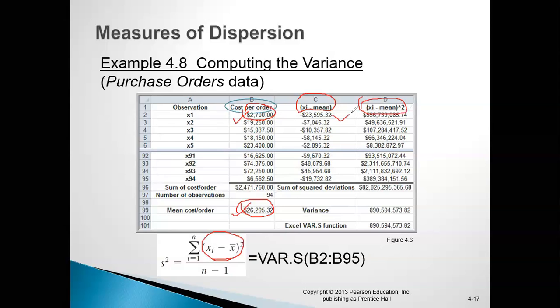So what we have done, we have squared this value. This value is squared, right? And we have got these values. Then what we have done, summation. What we required, summation. So the summation value is this one, right? Then we have to divide it by the total observations, that is n minus 1. So if n is 94, then 94 minus 1 will come, right? So by that way also we can calculate. If not, we can calculate with a simple formula, VAR.S.